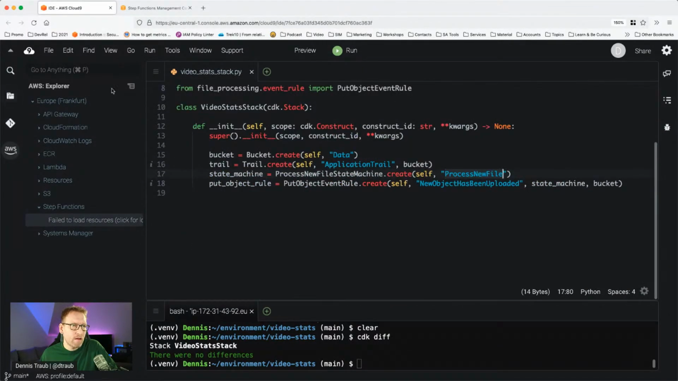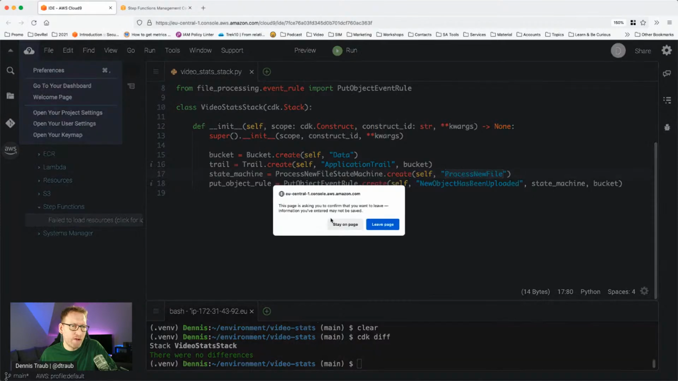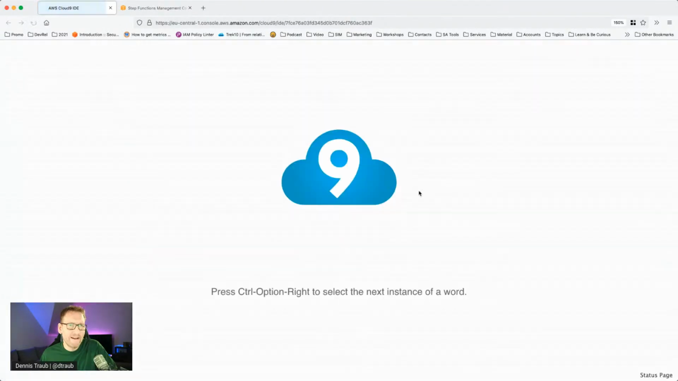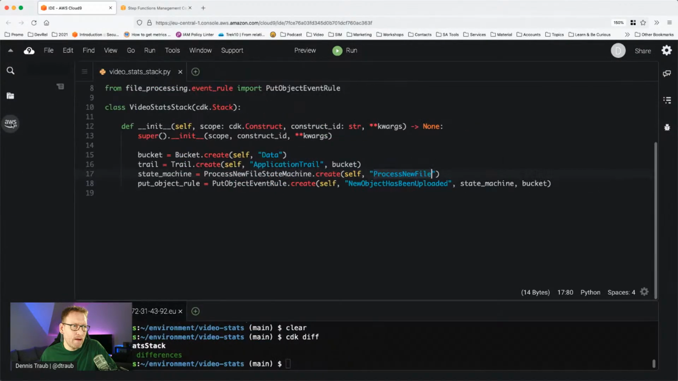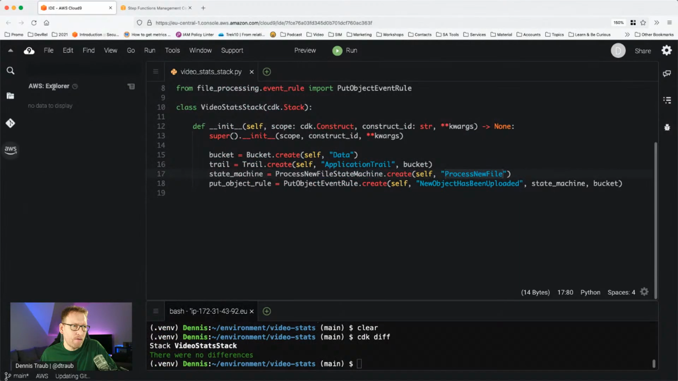Now, let's reload. I'm not entirely sure how to reload the token here, so I'm just going to reload the page real quick. And now it's connecting again. And now we should have a new token. And here you can see we've got our Step Functions, process new file function. And when I open that,